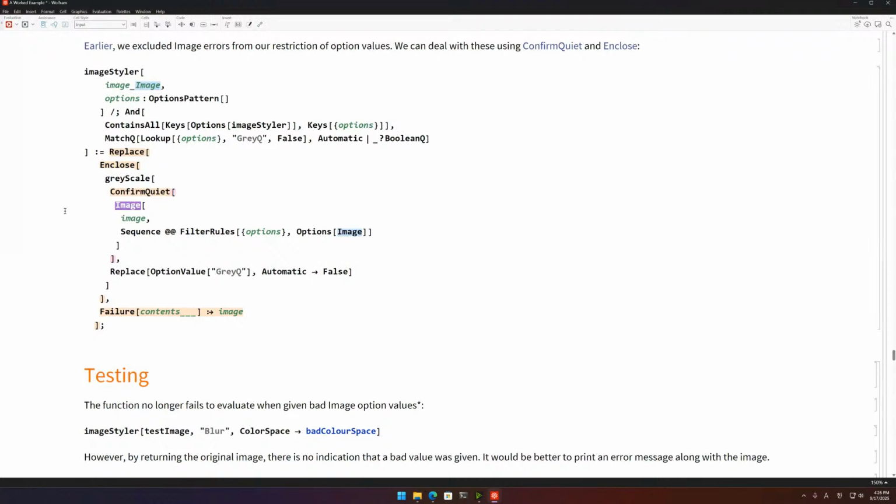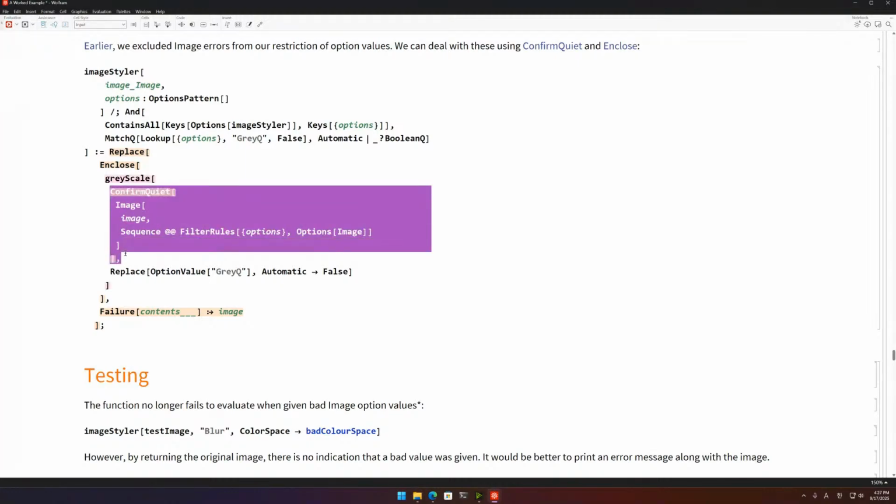It's going to produce a message saying, hey, this is not a good value. When it does that, this ConfirmQuiet immediately signals to the Enclose function that there has been an error inside ConfirmQuiet, which means that everything else in the Enclose is not going